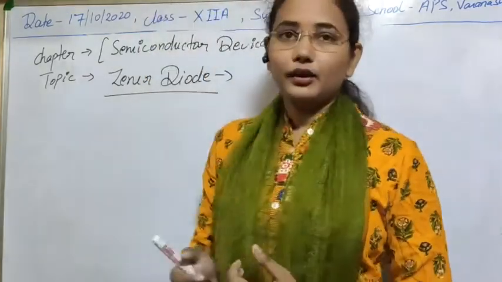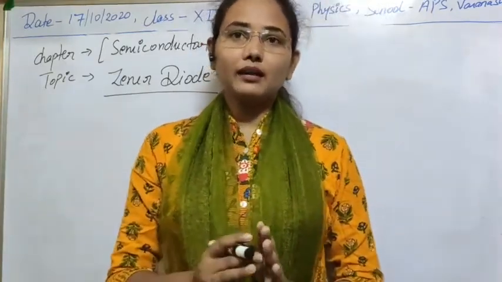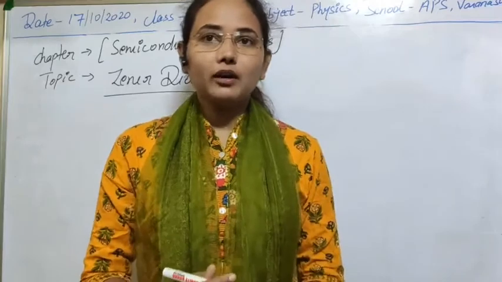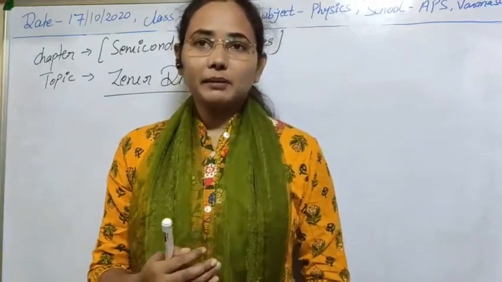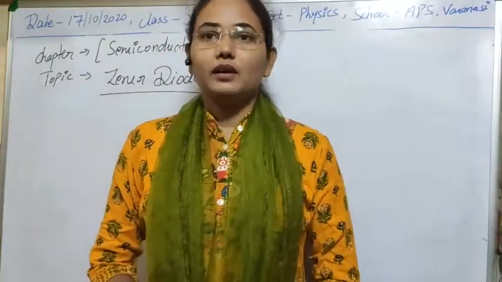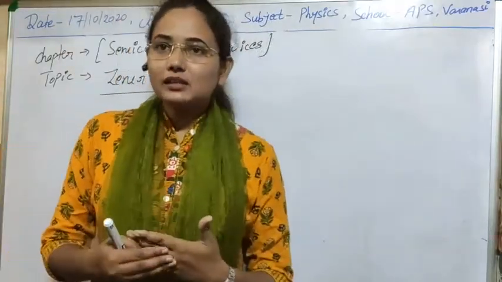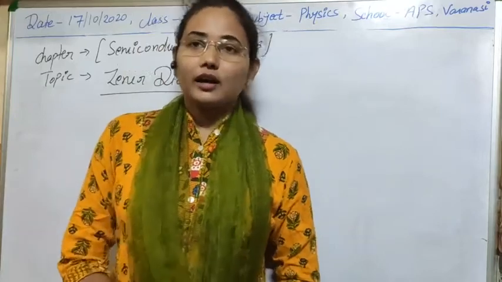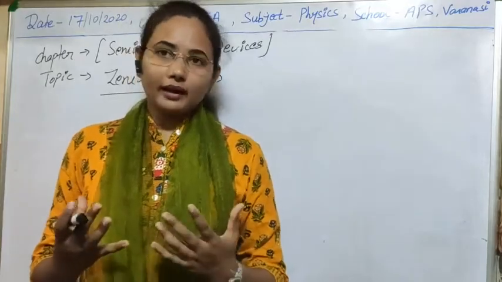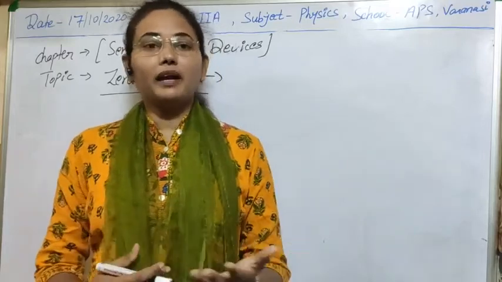So what is a Zener diode? As I told you, in a PN junction diode we can control current or voltage, or the number of charge carriers, by the doping process, by mixing of a third group element or a fifth group element. As we know, we can change the current and voltage value according to the number of charge particles present in the N-type or P-type material. And N-type and P-type materials are formed with the help of doping of third group and fifth group elements.